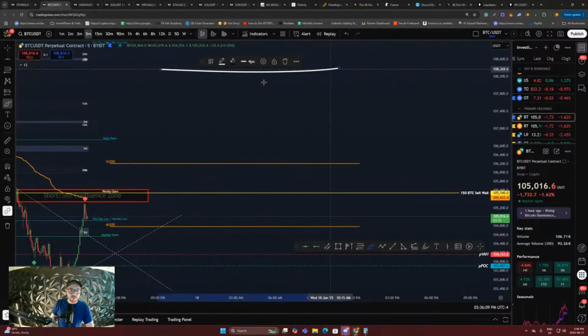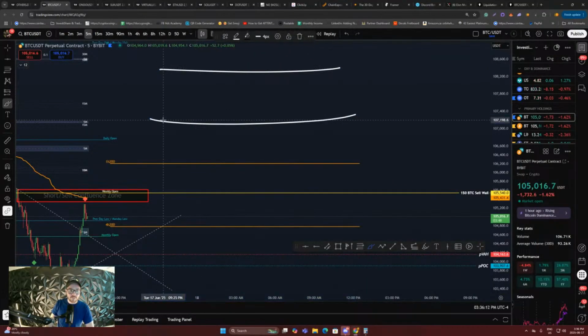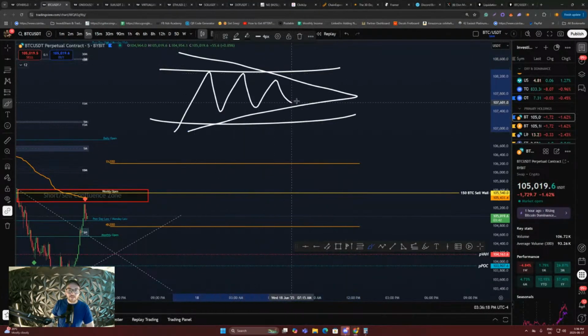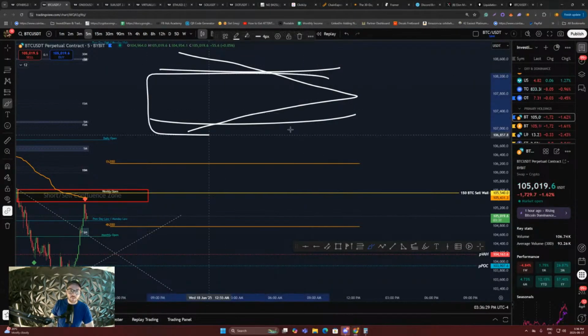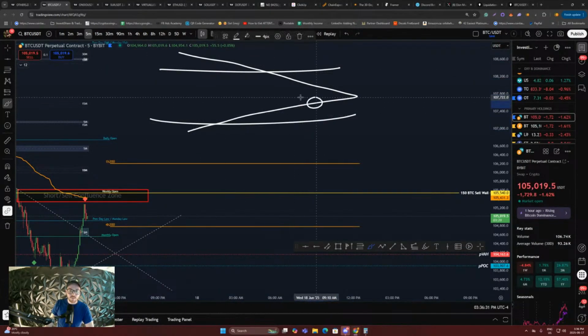When you're in a value area like this, say this is the value area low, this is the value area high, and we're ranging between it, as we get closer and closer to likely an apex of that range, your ability to convert that trade into a potential swing trade, converting it from a scalp trade, gets higher and higher the longer we're in that range and you catch those lows, right? So the moment you get that break of structure continuation out of that value area, that can help you stay in your long that you're in down here